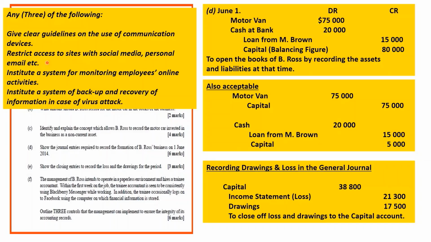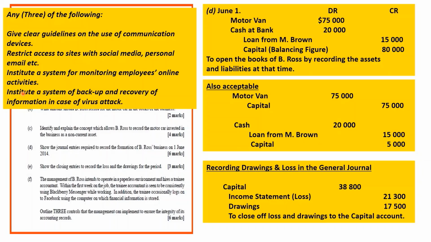on your computers. Right? Make sure that you cannot get into the social media when you're not looking, by placing restrictions on it, like passwords and things like that. Three, institute a system for monitoring employees' online activities. So you must have a formal system, right, for monitoring all your employees, not just the trainee accountant. And